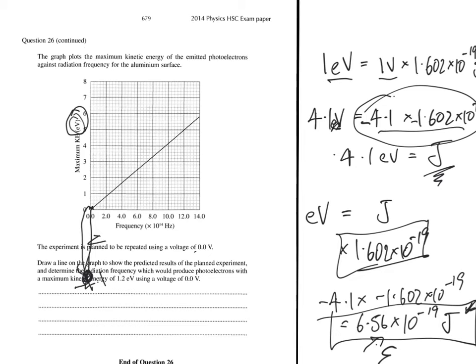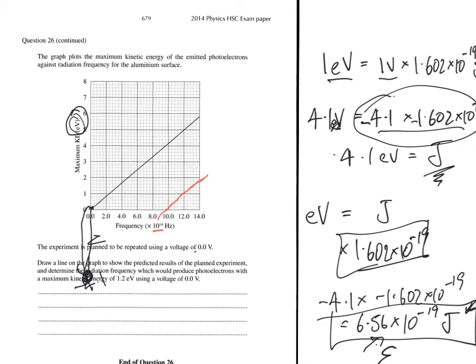Okay, we change to red. So 9.9 times 10 to the 14 hertz is there, and the line must be parallel to that other line that we have on the graph there. So it's going to go, and you could use a ruler to check that this is parallel. I would use a ruler definitely. I don't have a ruler at the moment, so